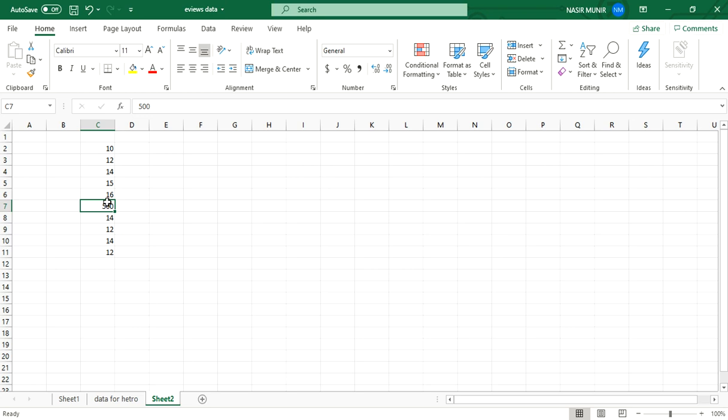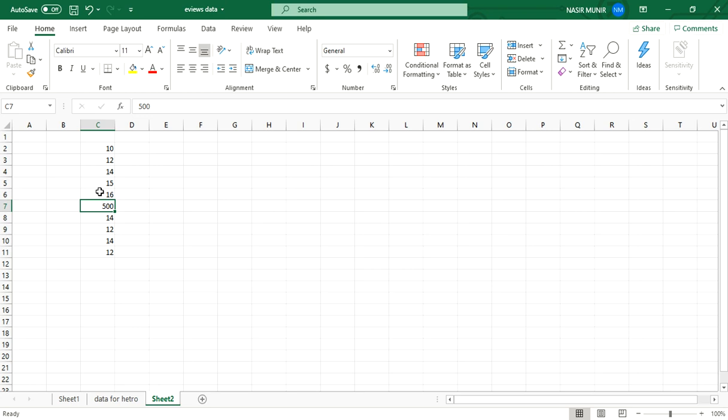So if you have data which has outliers in it, then in the Excel file you have to remove the outliers from the data. So how can you remove the outliers from the data? You can take the growth of the data, or you can take the average of the data. In this way, this outlier will be removed from your data.